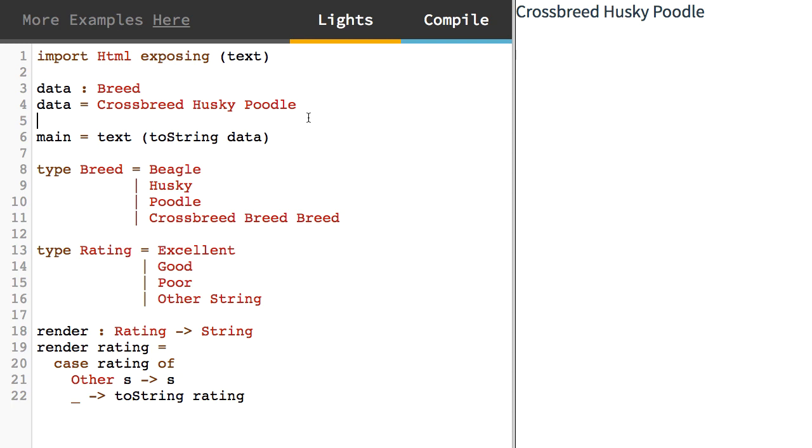And this is recursive, so you could say that, okay, one parent is a husky and the other parent in turn is a crossbreed between a poodle and a beagle. And